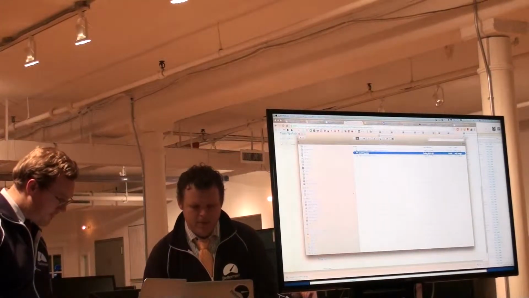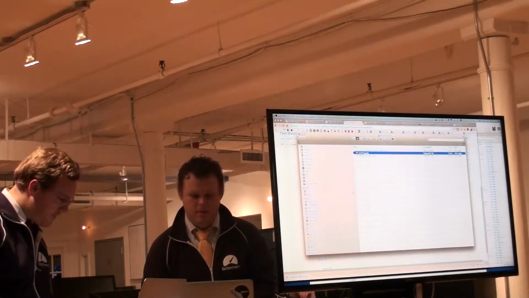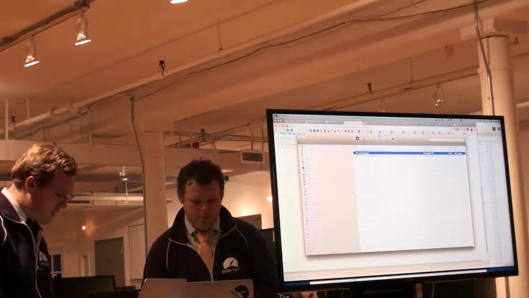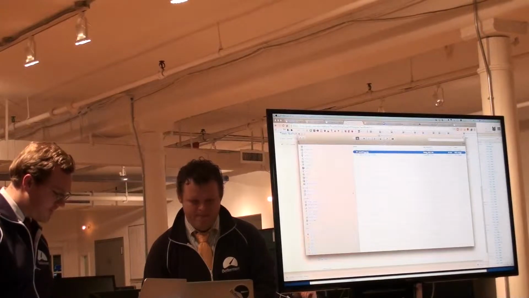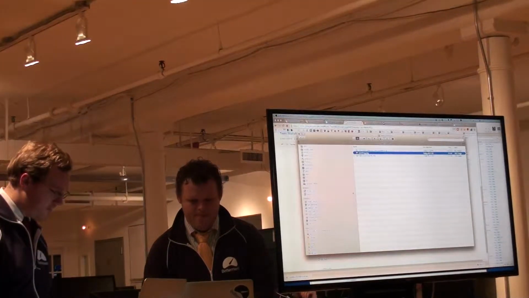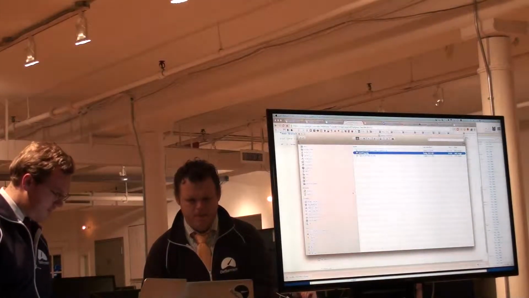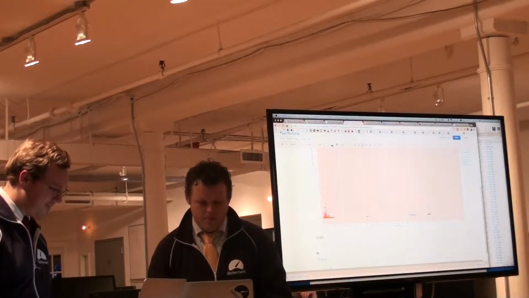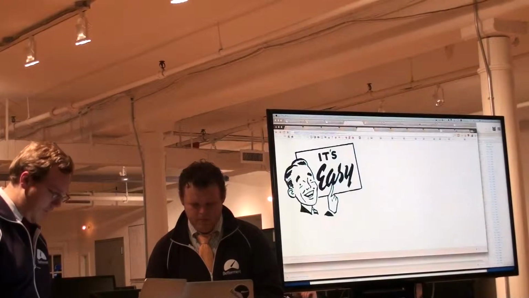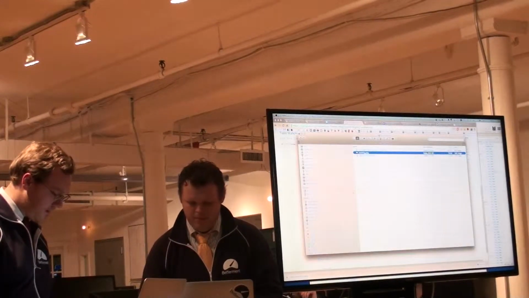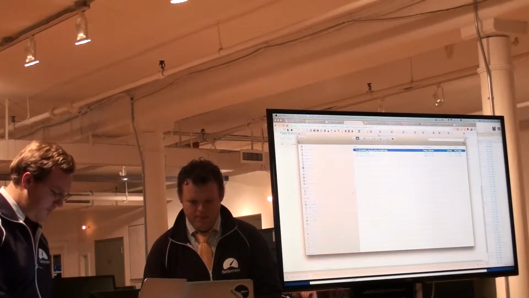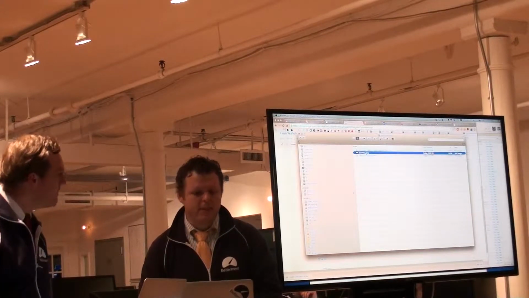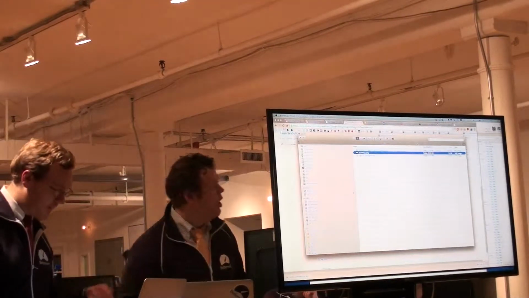Can I zoom in? Adam, how do I zoom in? Control scroll. Thank you. Control plus. I don't think it's going to work on that monitor, though. Okay. All right, no, I don't know how to use a computer. That does not work. Anyway, so